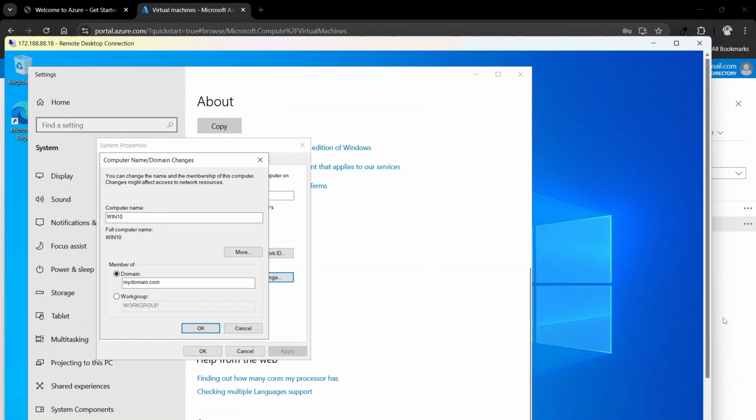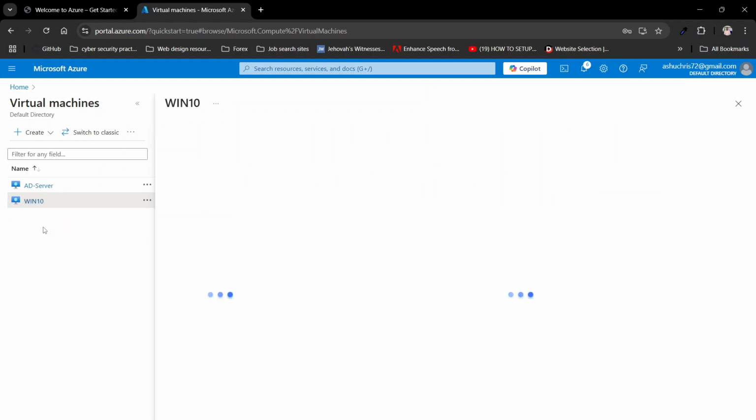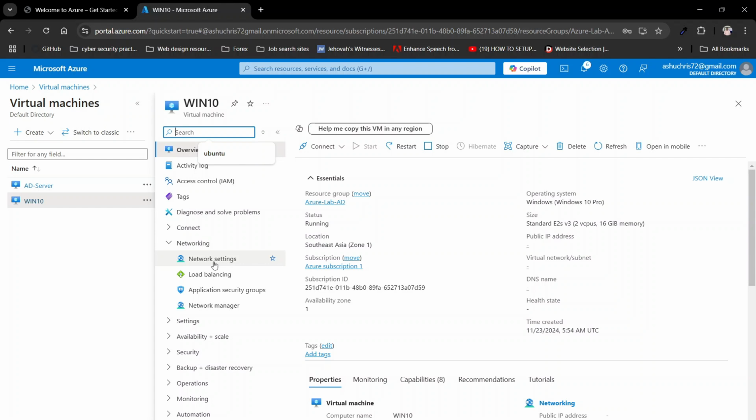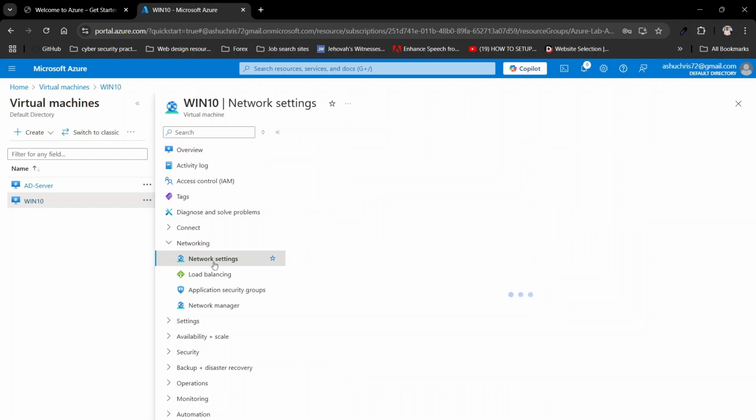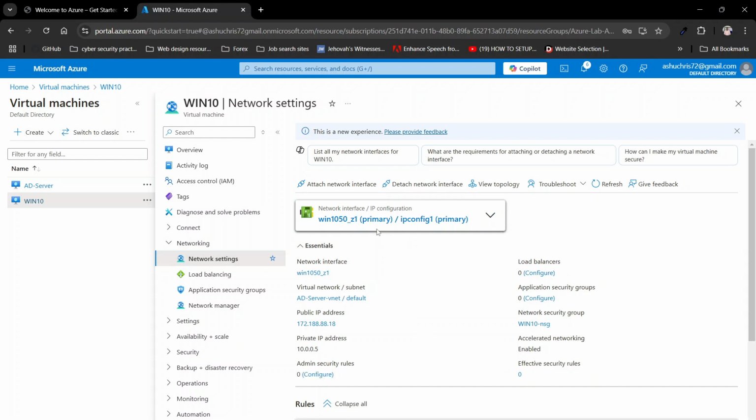So let's go back to our Windows 10 virtual machine, network settings. I actually did that on purpose, so you see that if you don't set the DNS, it's going to bring some issues. So network interface,